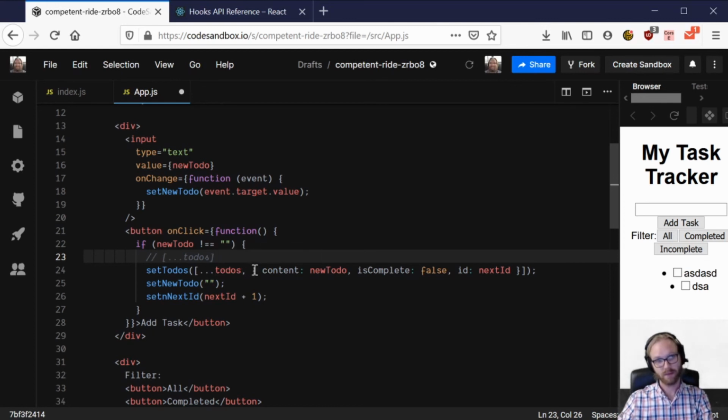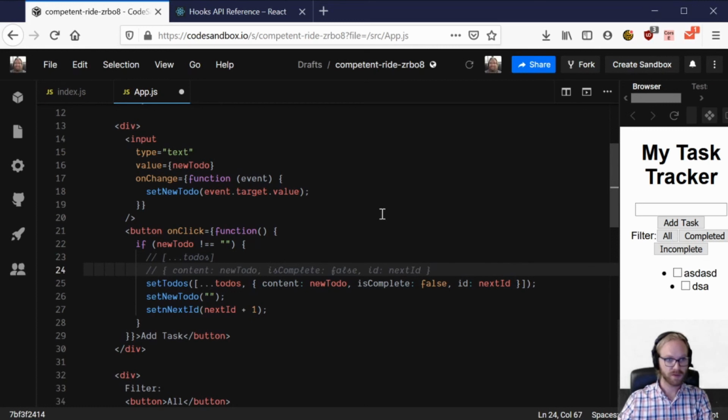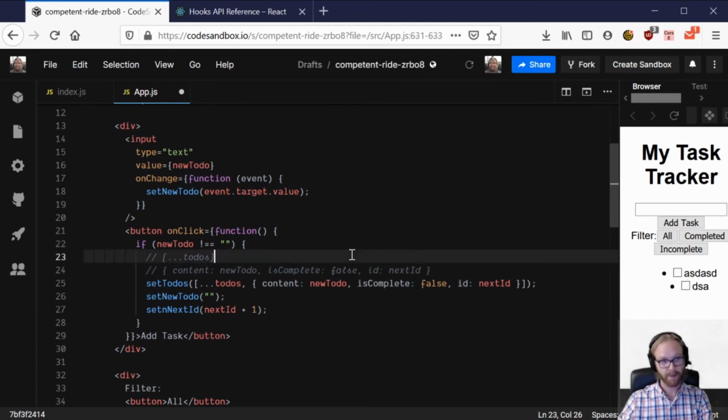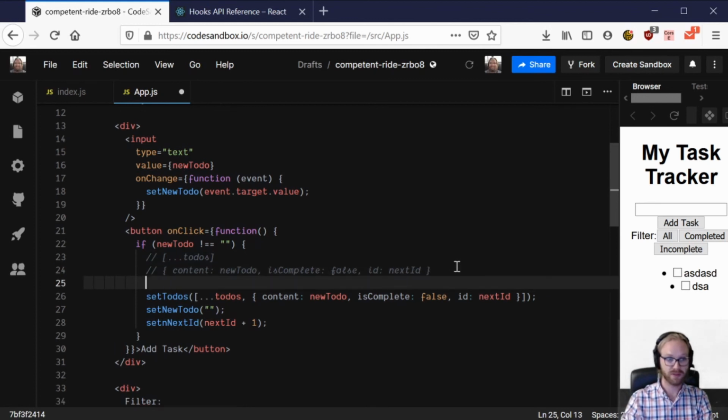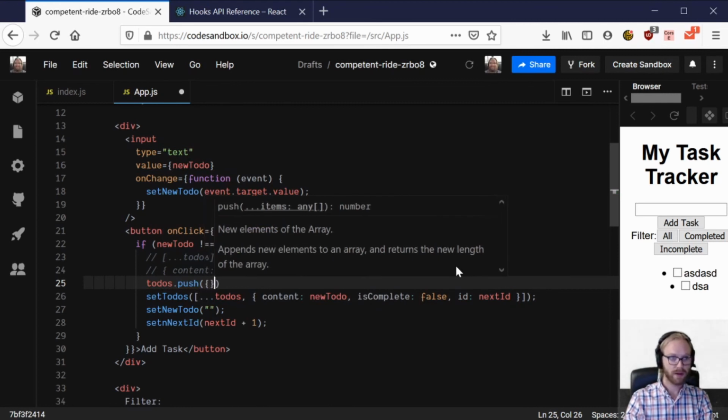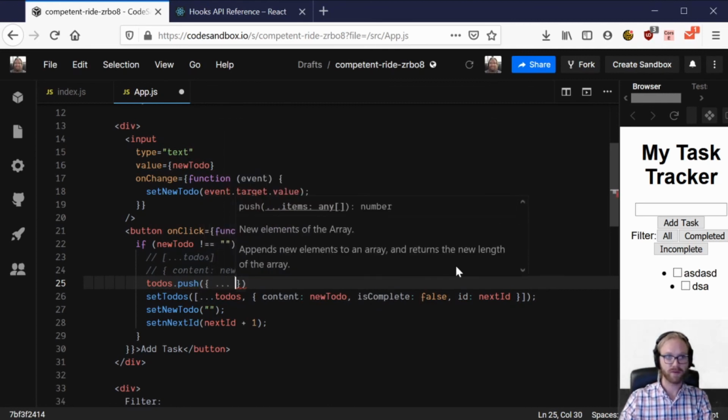And then we're saying the end here. This is basically the same as last time. This is creating our new to-do with our content, our is complete, and our ID. So yeah, this is creating the new one. And this is copying all of the old one over. And the reason we do that, and we don't do something like to-dos.push, and then all of our new to-do information in there,